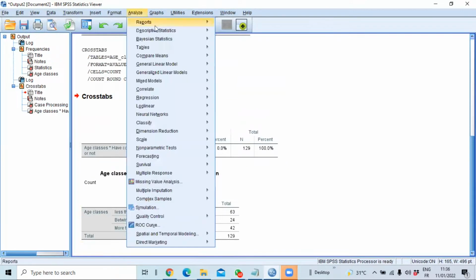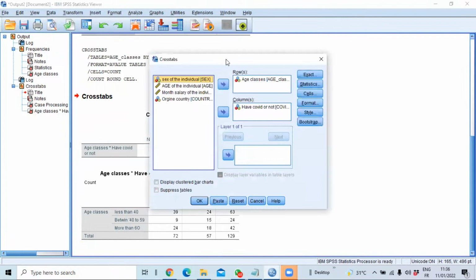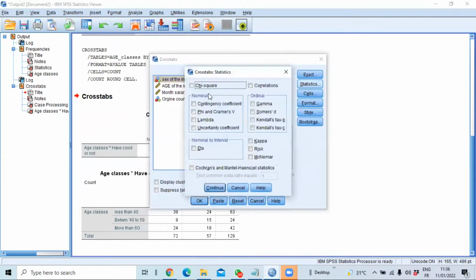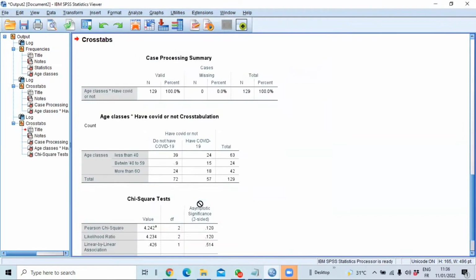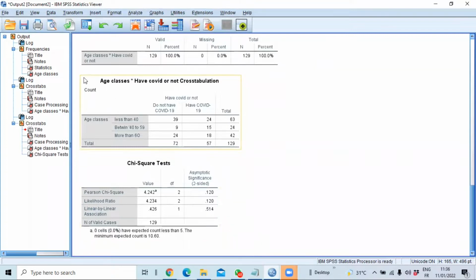You can go on descriptive statistics, cross table. In the options we can click on statistics, and click on chi-square to run a chi-square test to see whether or not there is a link, whether there is independence or not between the variables age class and COVID-19. So we click on continue, and then click on OK, and we can see in the result, after the cross table, the chi-square test that records a Pearson chi-square value as well as the p-value, which is here